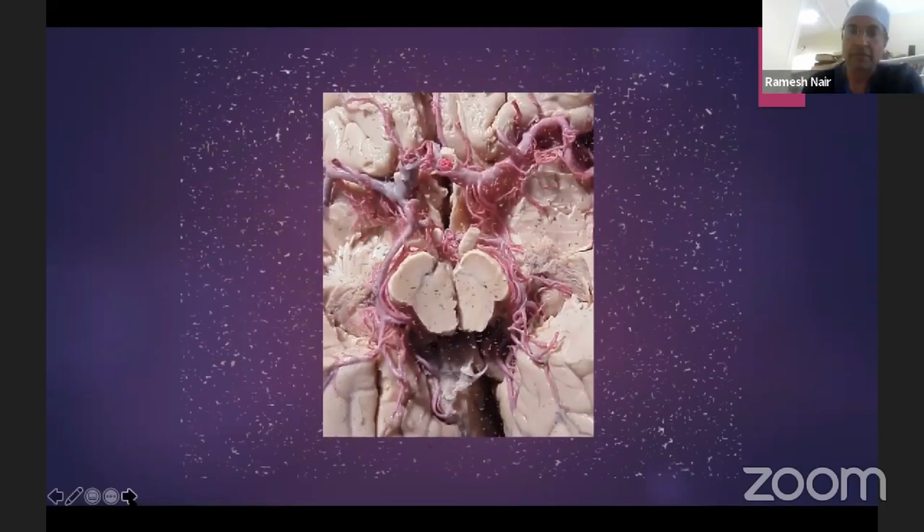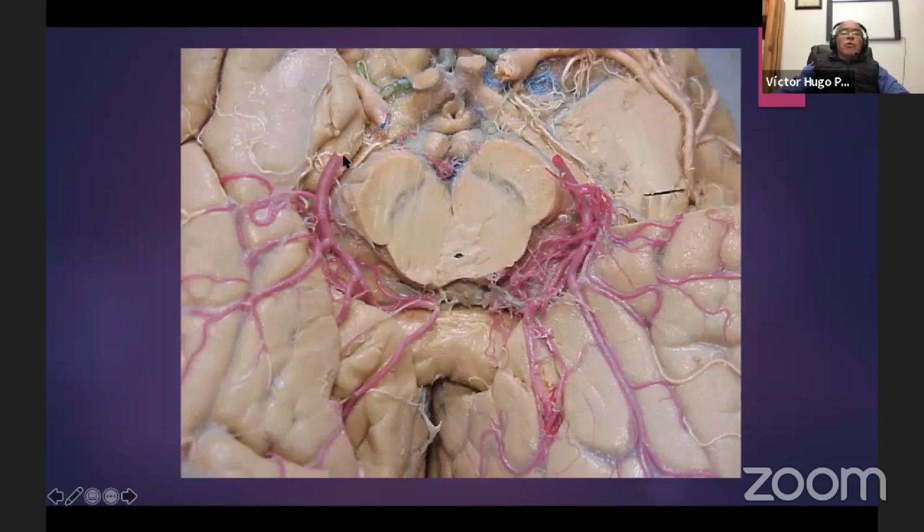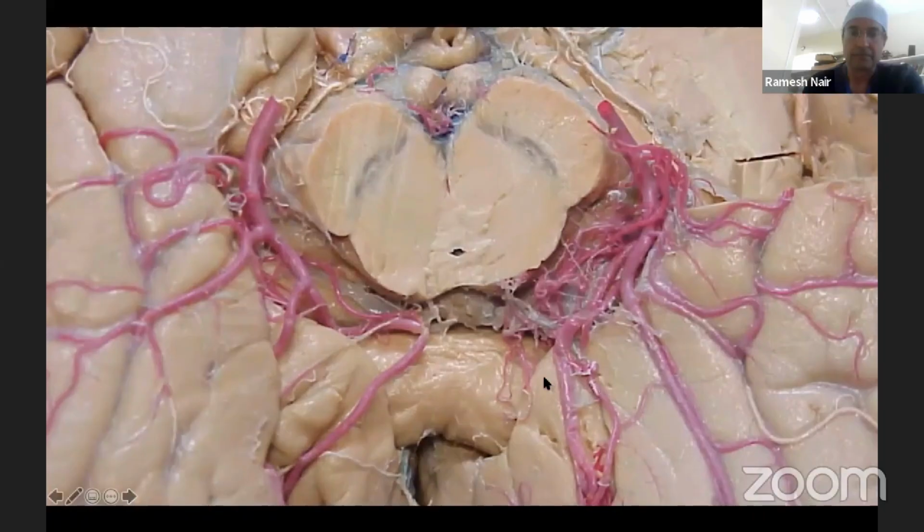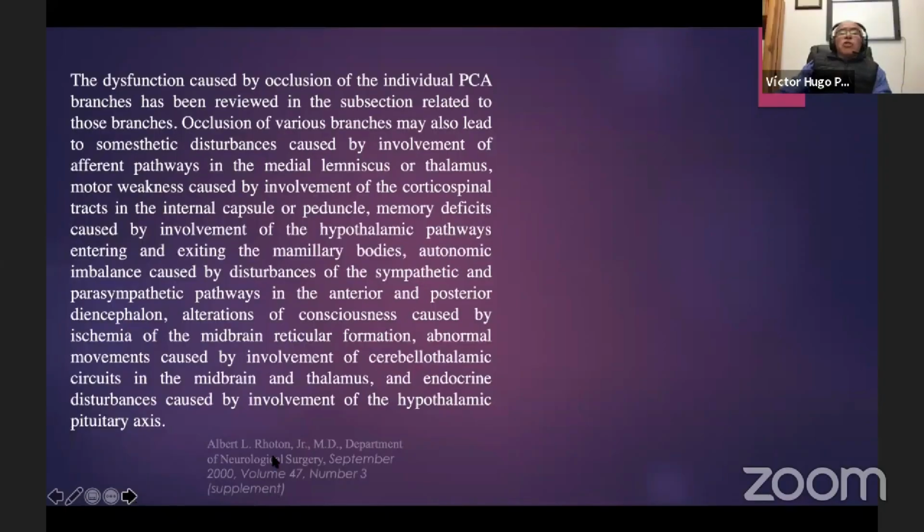Here we have another view of posterior cerebral arteries and its branches, mainly temporal arteries. The dysfunction caused by occlusion of the individual posterior cerebral artery has been reviewed in the subsection related to those branches. This is a text copied from this beautiful writing of